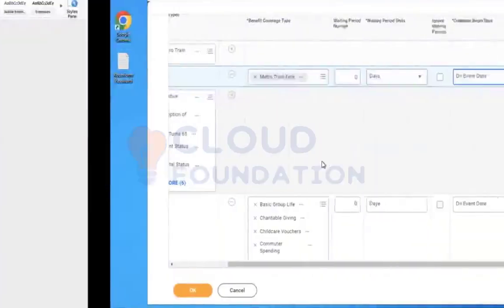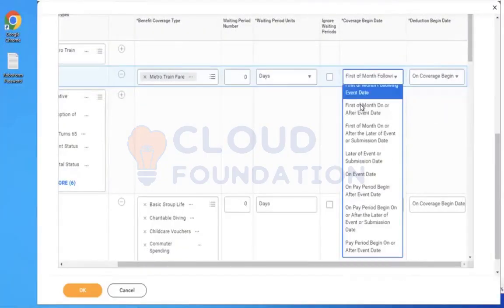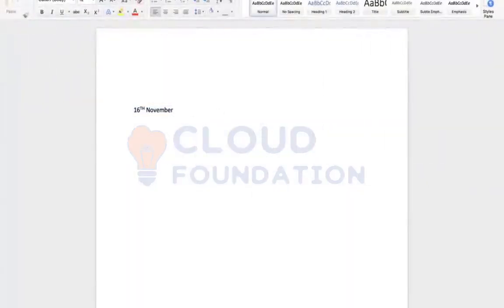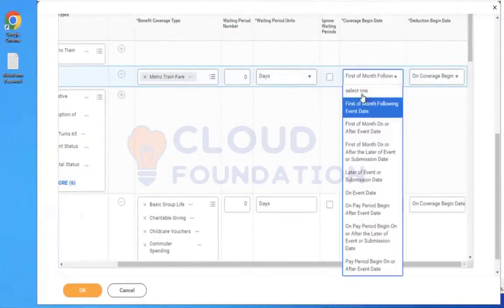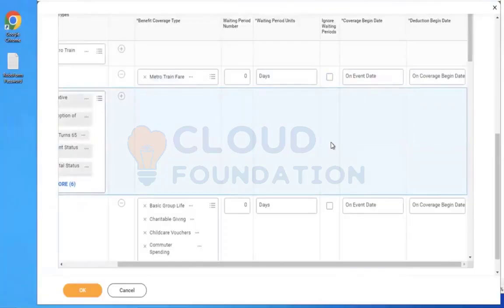If I select first of the month following event date, it will look into the next month, which is December 1st. Though you assign the plan today, the employee is eligible from December 1st. So I'll walk through some of these controls in detail. Mostly we will always select on event date, unless the customer has some requirement.